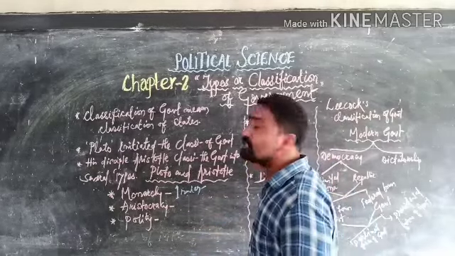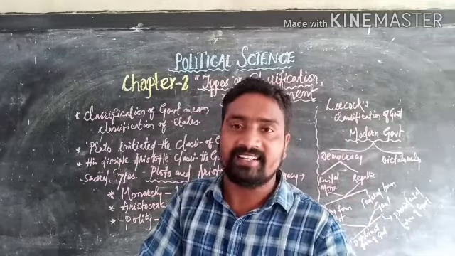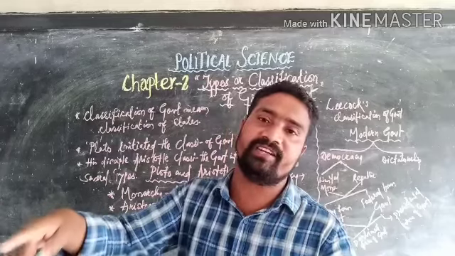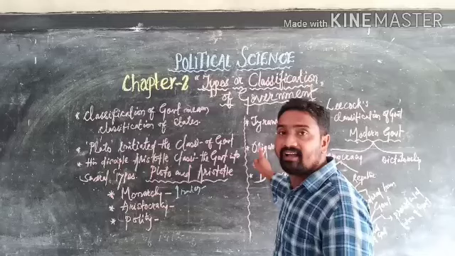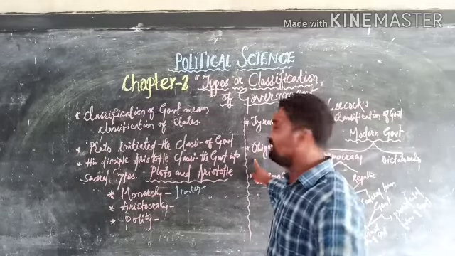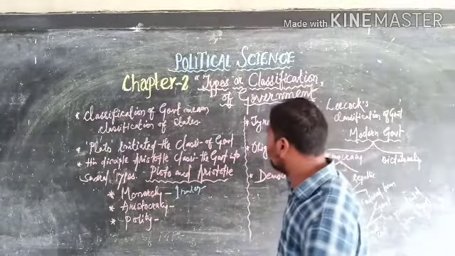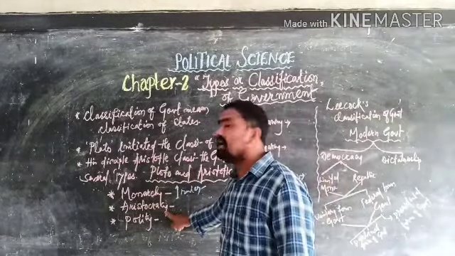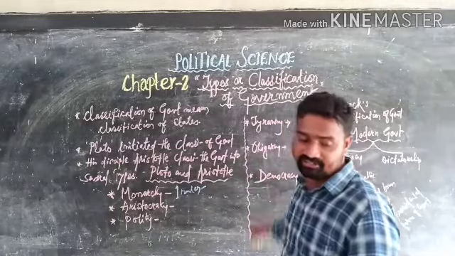And if these rulers concentrate on their own benefit, definitely they will never concentrate on the benefits of the common people, as it's against the wish of the common people. Is it clear? Okay. And then one more point you have to keep in mind is oligarchy is just opposite to the aristocracy. Okay? And then democracy.